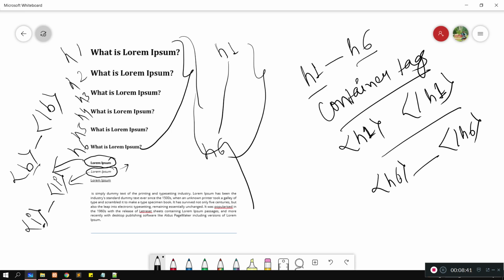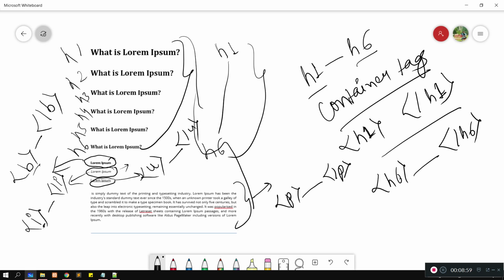This is also container type. Now the third one is underline. The text is with underline, so we use the U tag. And this is paragraph, so we use the P tag. These all tags are opening and closing, means container type.